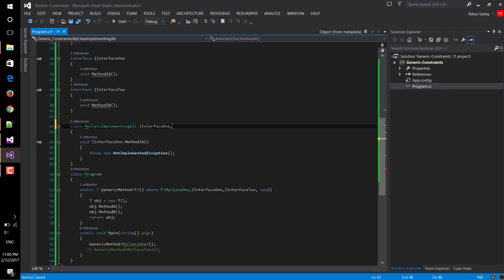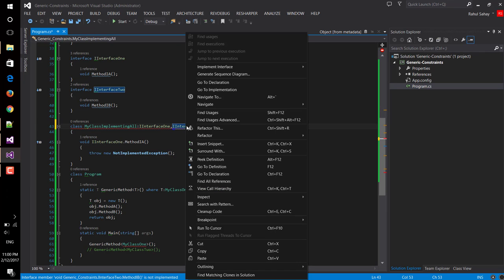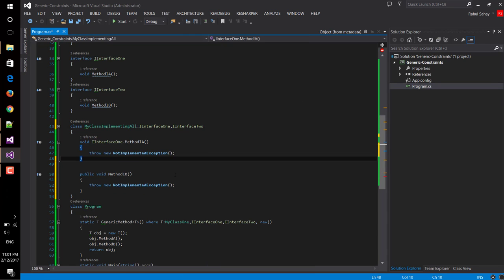And interface 2, I can do the same thing. So there is explicitly, just implementing, copying that complete signature. In case you have some kind of naming conflict, then this is the best way. I'll just get rid of that. I'm not having any kind of naming conflict,